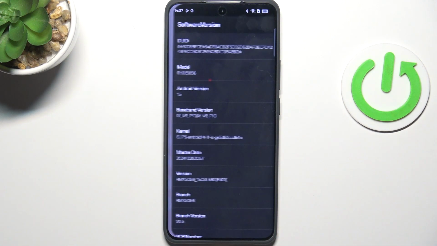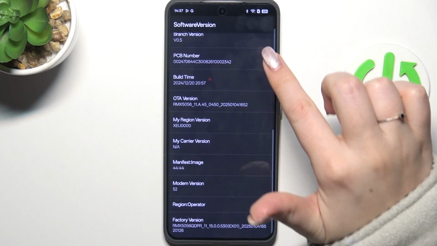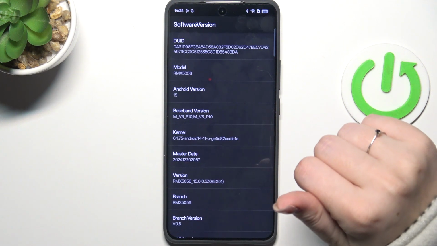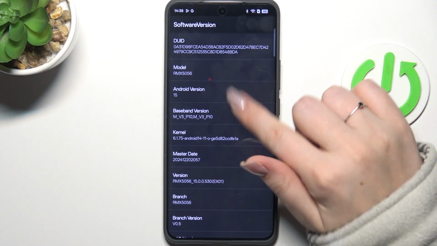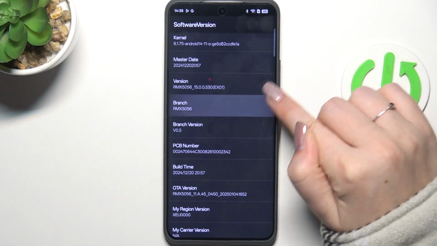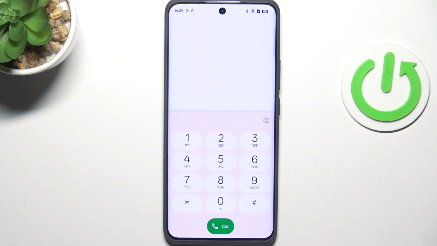*##6776#. And here we've got the software version, so technical information about your device. So for example, the technical model, master date, branch, or PCB number. Let's go back and another code, which is